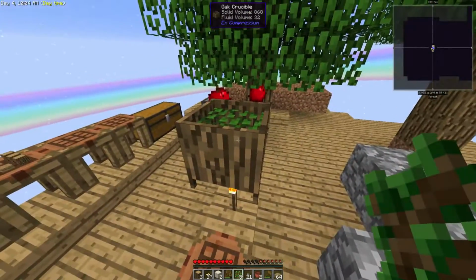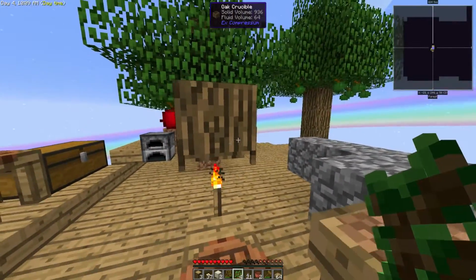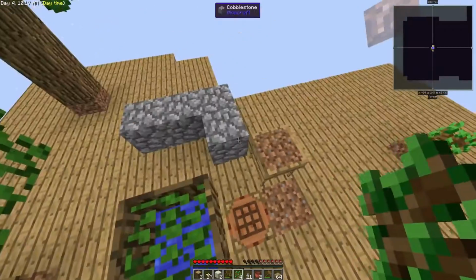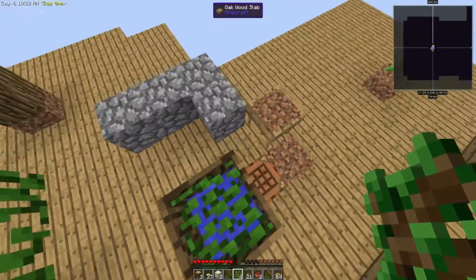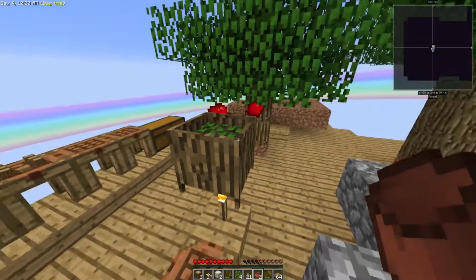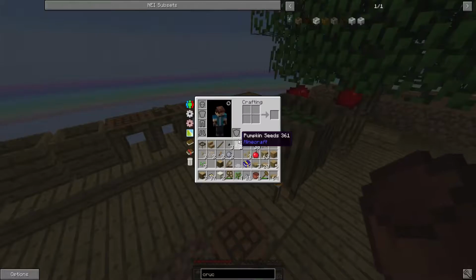Yeah, I think that's full. Okay, so that should make us, slowly but surely, you can see this is working. If we go up here, it's making water. So it's a bit like the other crucible where we can make lava out of cobblestone. This one is using the leaves to make water. So what I'm going to do is wait for that to come out, get the water, do it again, make ourselves an infinite water source,